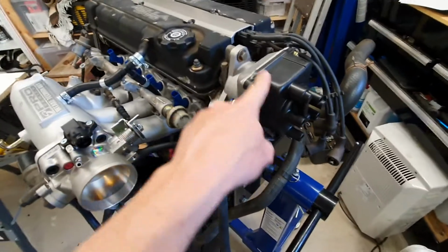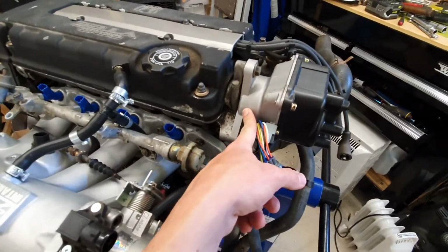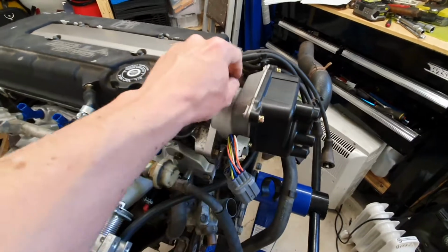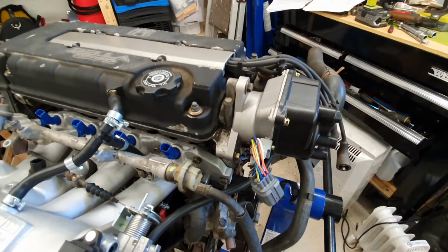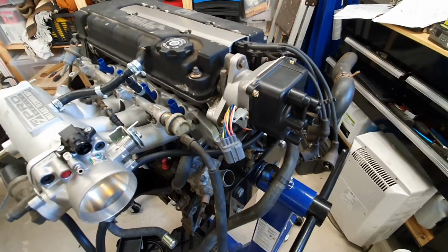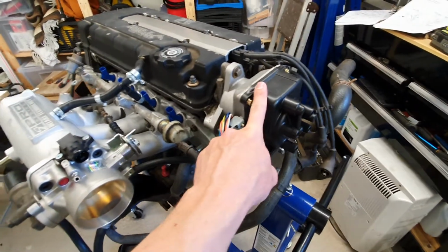I broke the distributor drive wheel when I installed the distributor because it wasn't set properly. I was tightening up these bolts and it snapped, so don't do that. Make sure it's aligned properly. It should push in without any effort. So yeah, new distributor,